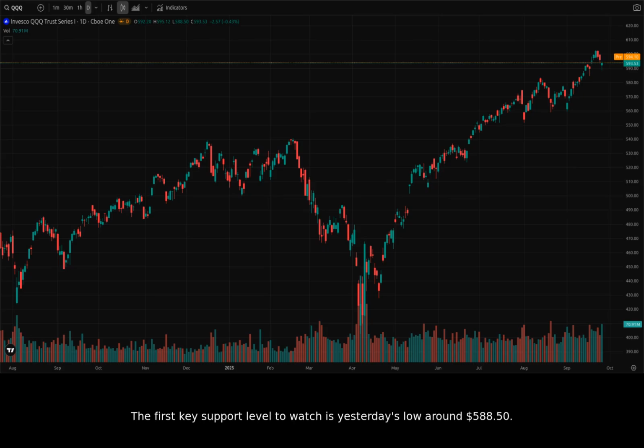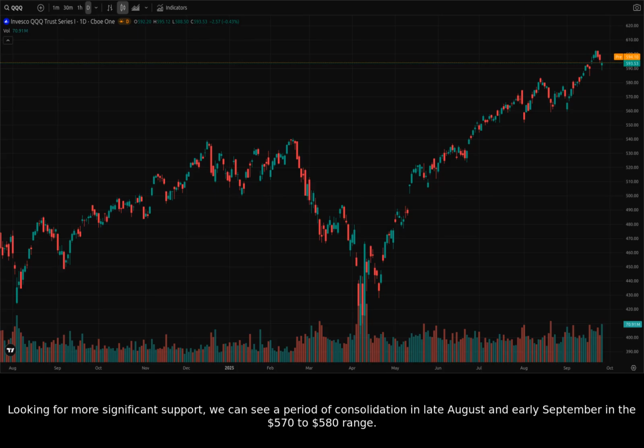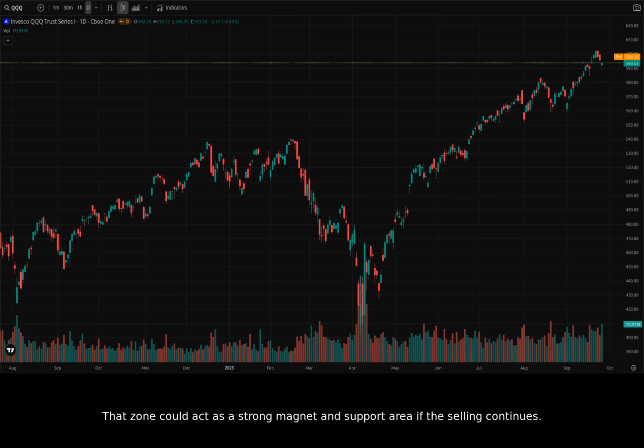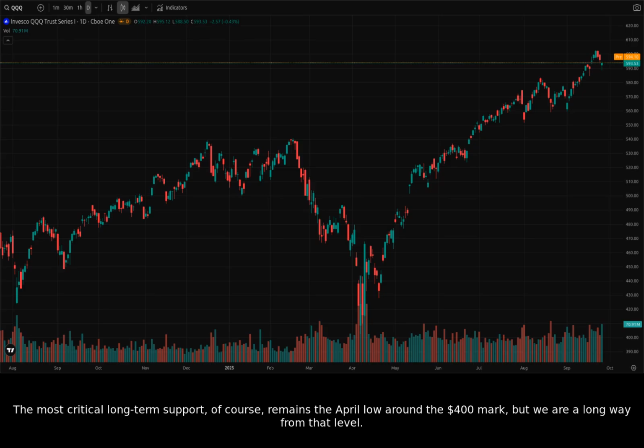The first key support level to watch is yesterday's low around $588.50. If we break below that, it could signal further downside momentum. Looking for more significant support, we can see a period of consolidation in late August and early September in the $570 to $580 range. That zone could act as a strong magnet and support area if the selling continues. The most critical long-term support, of course, remains the April low around the $400 mark,